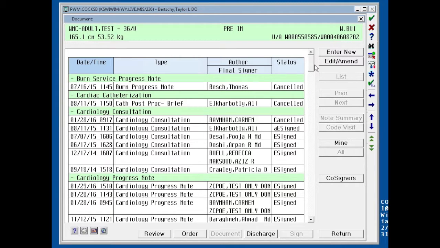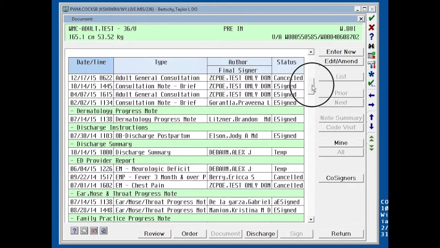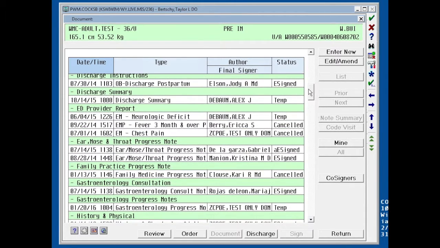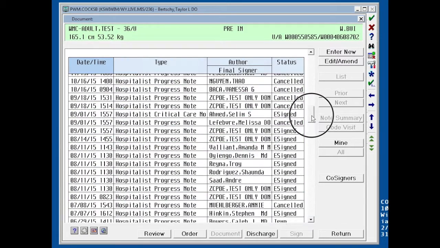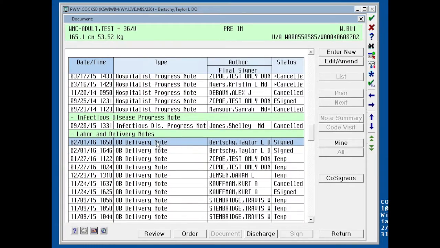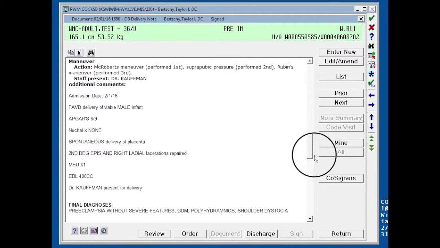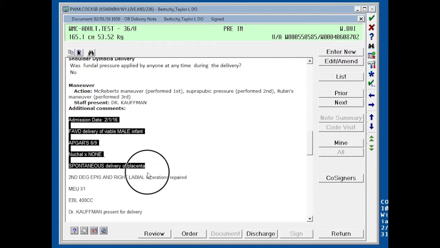Now I'm going to go ahead and show you the discharge summary portion. So say that we are postpartum day 3, this patient's ready to go home, she's doing well, no postpartum complications. So what I generally do is go find the patient again, go in to document again, and I'll find my delivery note, the note that I just filled out. And I'll scroll down and I'll find that template that we use to enter all of that information. And I'll highlight that,